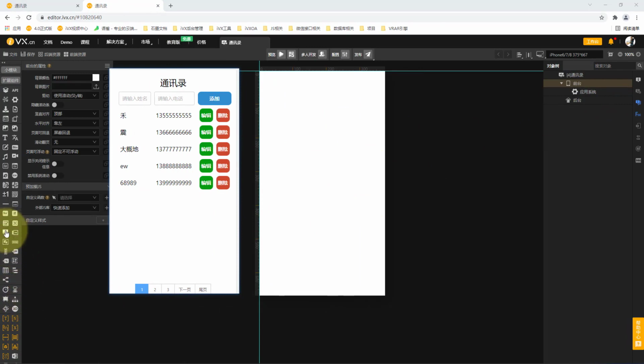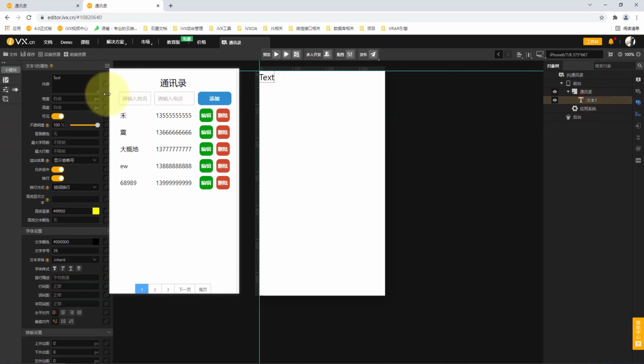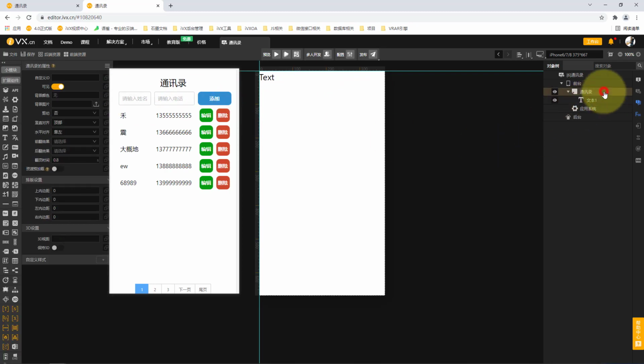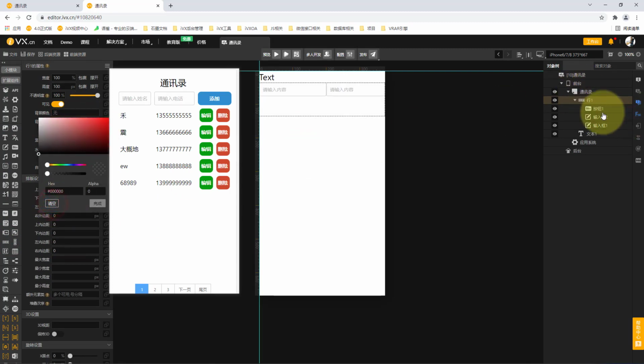Click the Create button. First of all, we will finish the production of the most basic UI. Here, we will build a simple UI. First of all, we can confirm that there is only one page for such content, so we first select Frontend to add a page, and then change the name of this page to address book page. Then, there is a title with the 3 words address book at the top, so we add a text here, and then the following is a